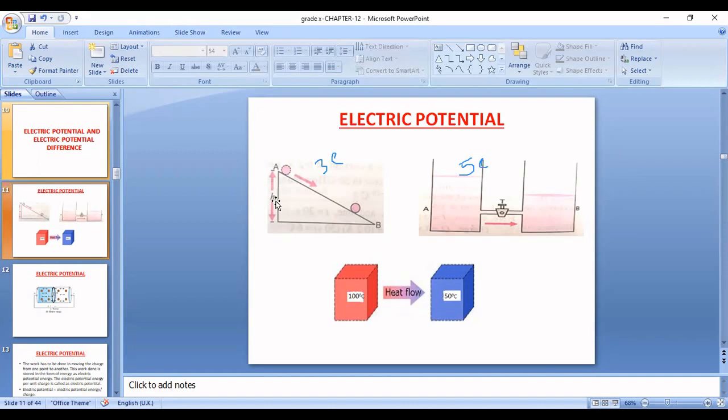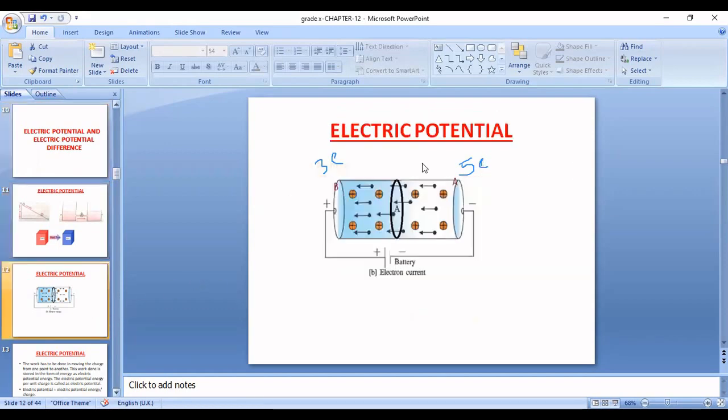And that creates a difference in the energy, difference in the temperature, difference in the pressure, or difference in the gravitational potential energy, which is responsible for the movement of the object, right? So similar is the case in electric potential. Suppose there are 5 electrons, it means we have brought these 5 electrons from somewhere, right? So we have done some work to bring these 5 electrons from somewhere. Here at point B, if there are 3 electrons, means these 3 electrons have been brought from somewhere, and during that course we have done some work to bring the charge to this position.